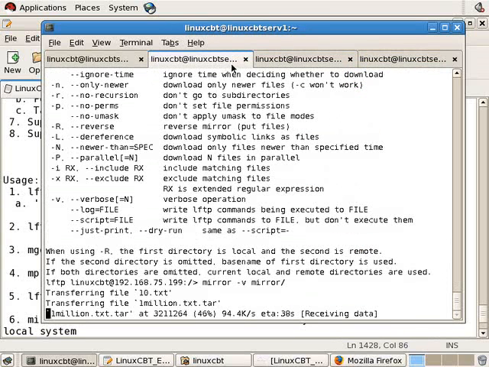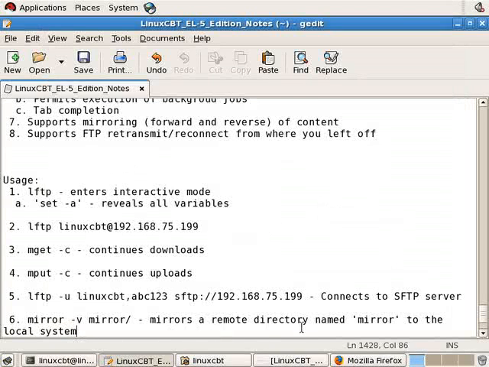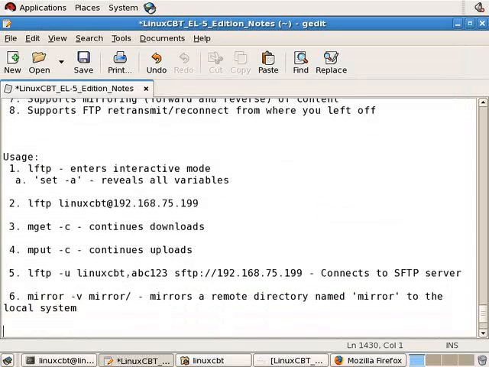We can reverse mirror. What we'll do is, once we've downloaded the items, we'll reverse mirror to the other system. So mirror mirrors a remote directory to the local system, whereas if we were to mirror with the -R option, the mirror directory, this is a reverse mirror, which means it puts items